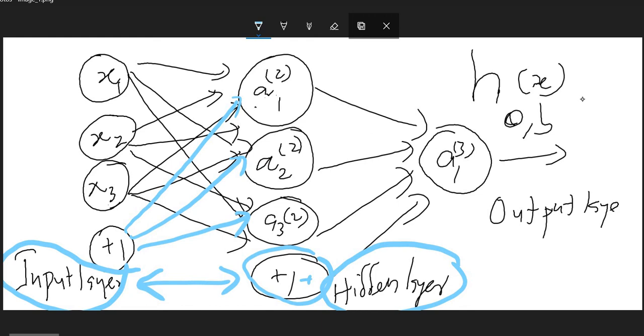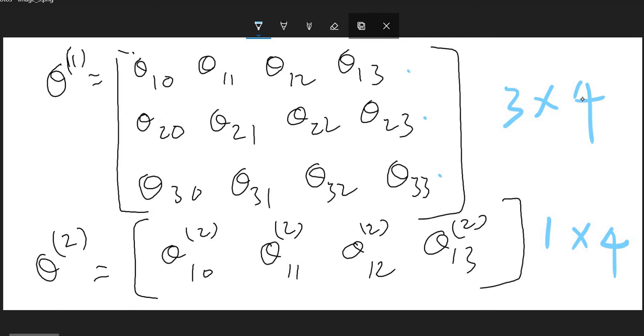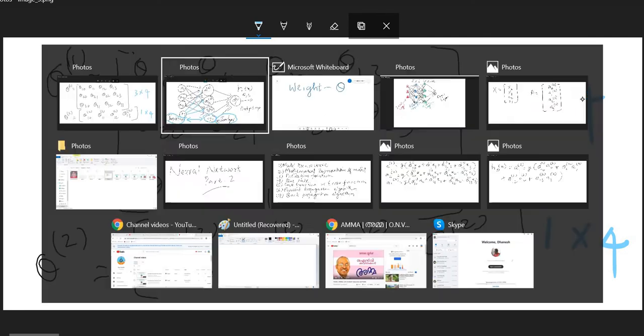There is no connection between this bias and this bias. So the matrix will be a 3 by 4 matrix. You understood this? Because in the second layer, in the hidden layer, there are 4 nodes totally, but the connections are coming only towards 3 activation functions, 3 nodes. To this bias there is no connection from the input layer. So that's why the matrix would be a 3 by 4 matrix, and that matrix can be represented as